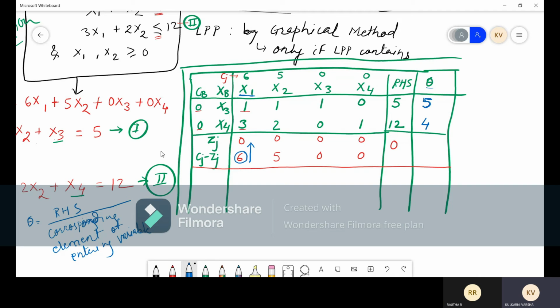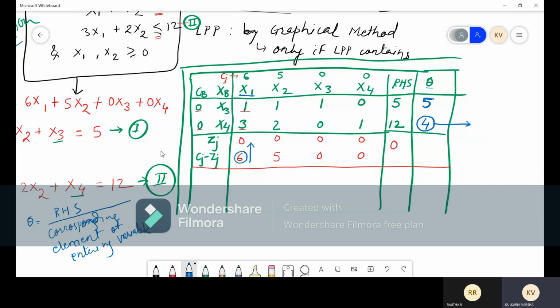Now we have to decide which one is leaving. When we want to decide the leaving variable, we take the minimum theta. Among 5 and 4, which one is the minimum value? 4 is the minimum, so we'll be taking 4. So that means this will be leaving. X4 is leaving. So in the next iteration, instead of X4, we'll have